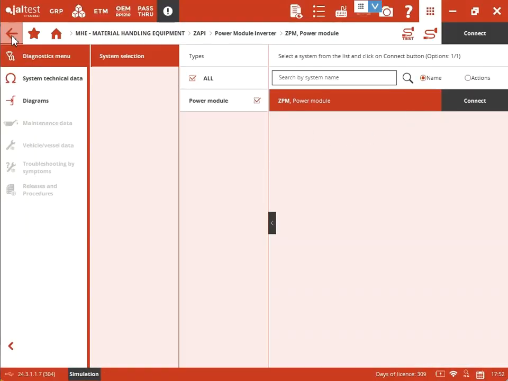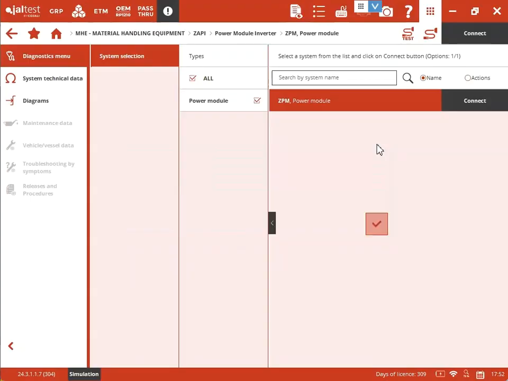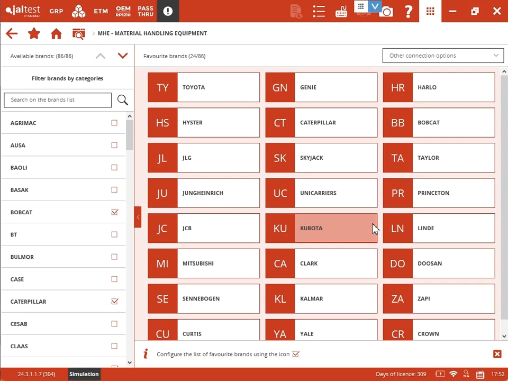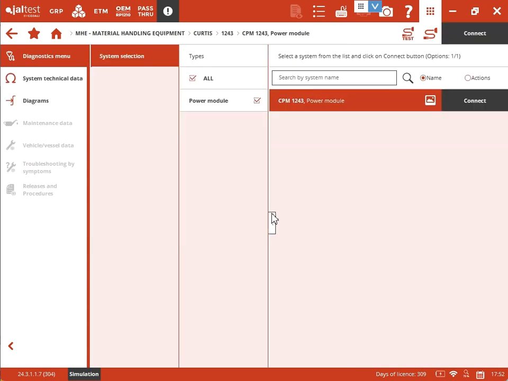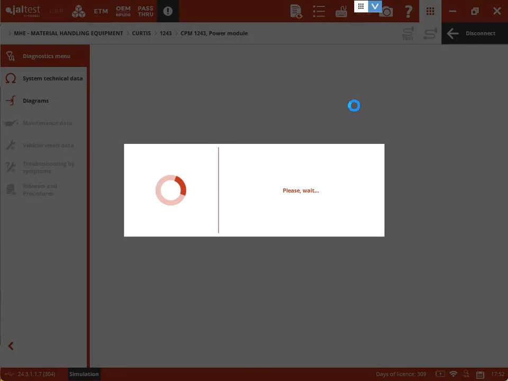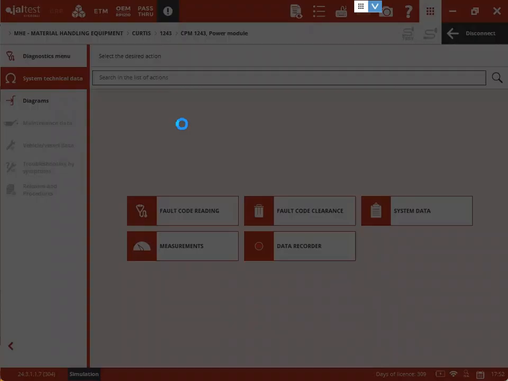I know there are different technical data available for the different ECU models. Now that was SAPI. Let's go to Curtis. This is Curtis. Let's check the 1243 power model, and it looks pretty much like SAPI. You do have the technical data,